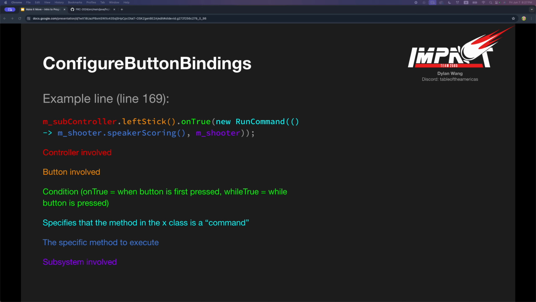I'm getting to cyan. Speaking of, green is the condition. There's on true. While true is while there's a signal, schedule the commands continuously. On true is just schedule it once. And I'll talk about command stacks later on today. So in cyan,